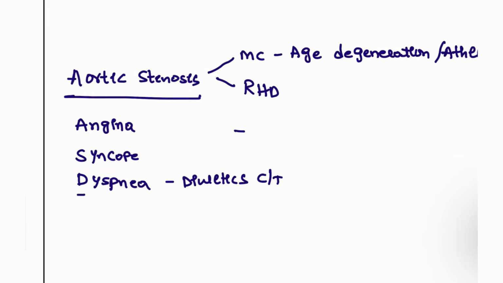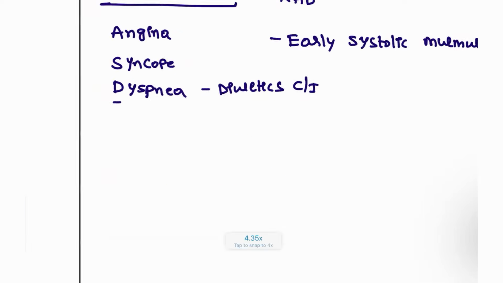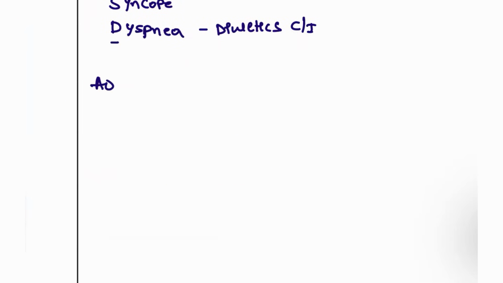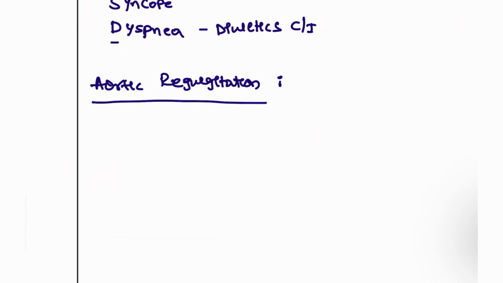What is the murmur then? The murmur will be an early systolic murmur. An early systolic murmur will be seen in this patient. Next, coming to aortic regurgitation. In aortic regurgitation, the most common cause will be hypertension,